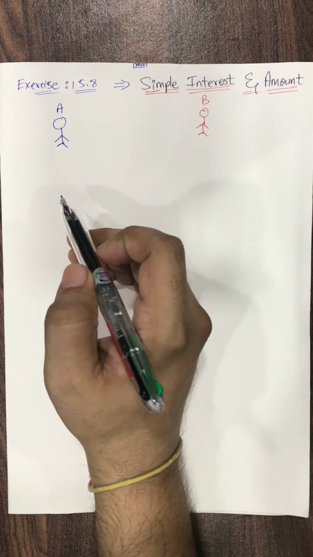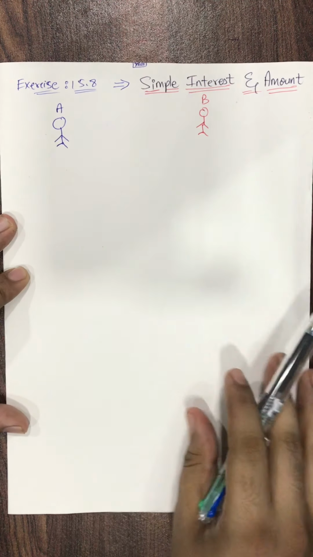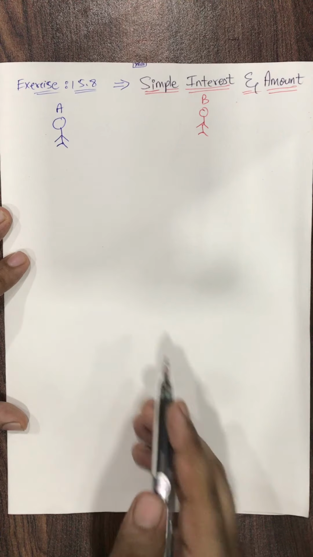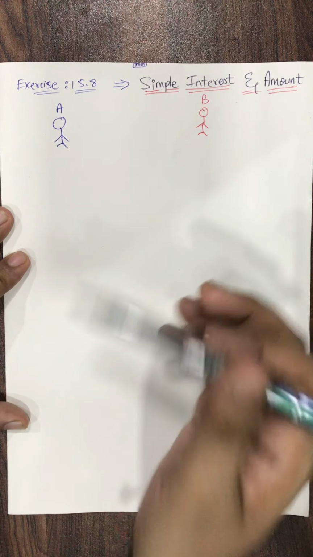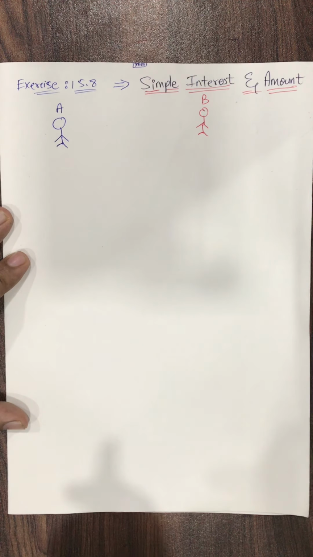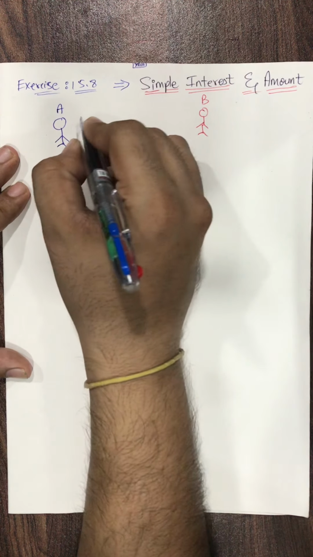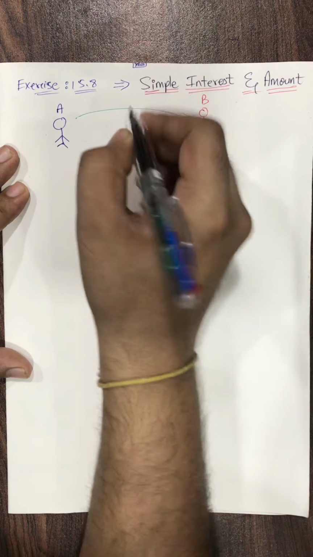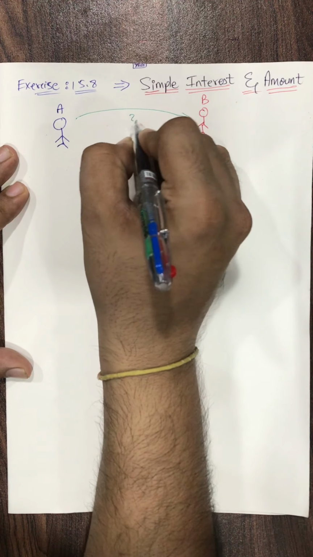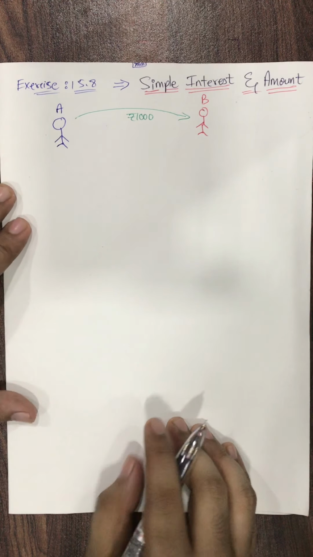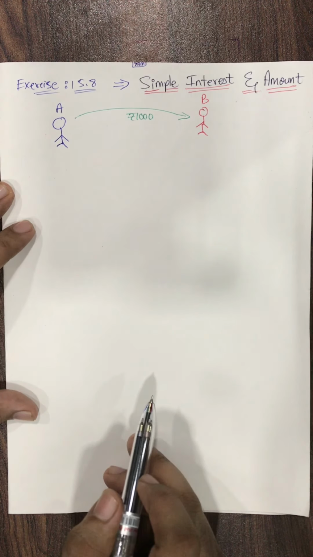Because A is lending money to B, B needs to pay some extra part. In our language, we can say a profit. B said, "Okay, fine. Because I am in need, I accept all your conditions." Do you know, students, how much money A gave to B? B was in need of money, so A gave rupees 1,000 to B.